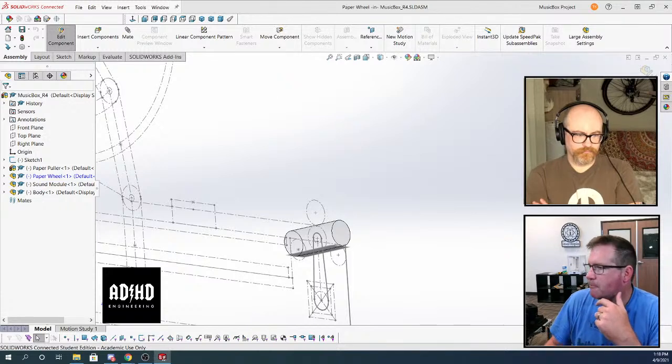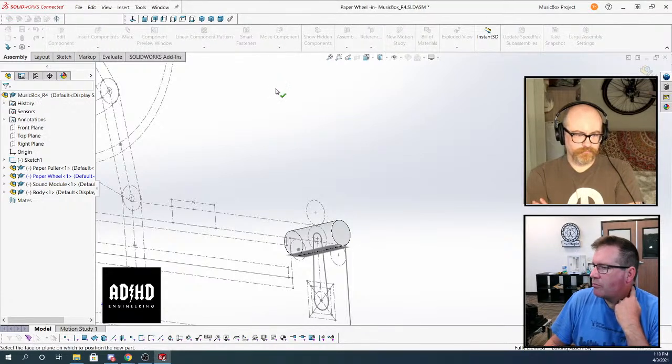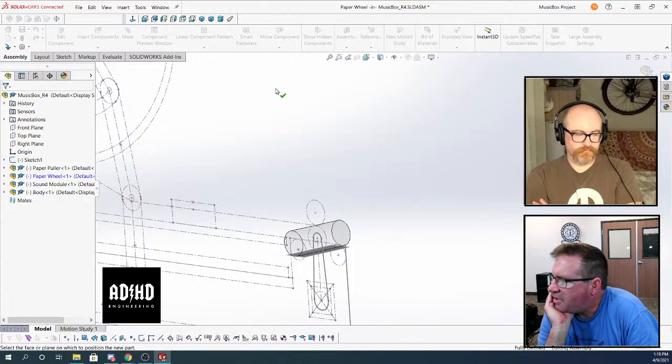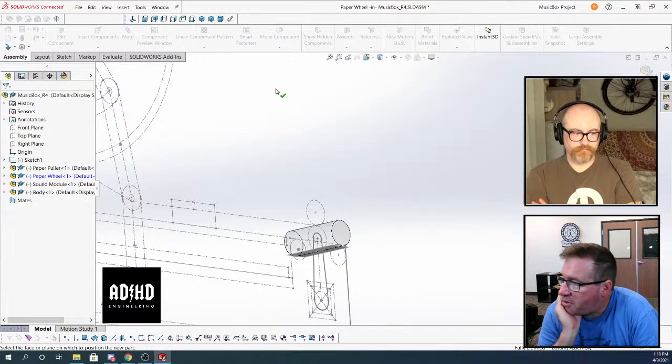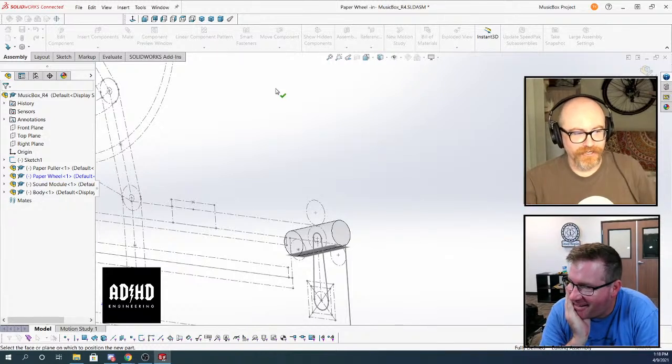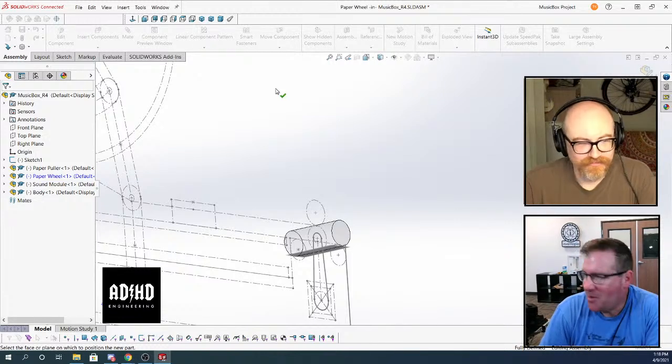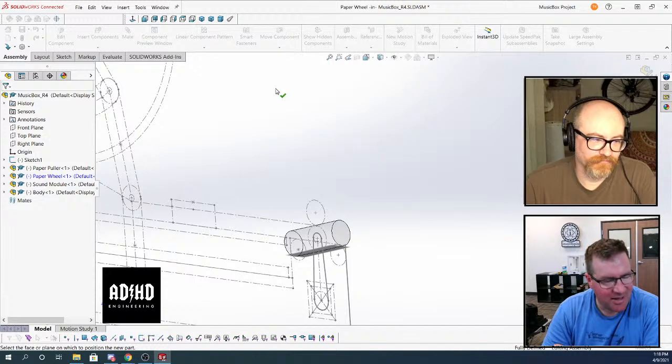Wait for that to load up. So Yarn's asking why do you make the different subassemblies first instead of just putting all the parts into the main assembly and then afterwards creating subassemblies? That is a good question, Yarn. I don't know. You don't know why you're doing it? I think I don't know why I'm doing it that way. I think I forgot that you can do that.